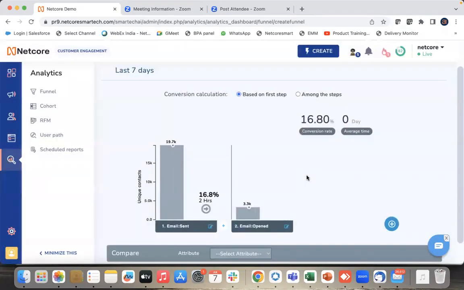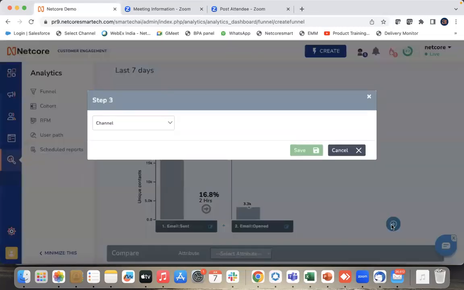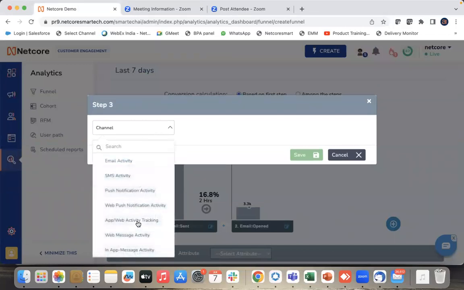So this way I can start building up the steps one by one, and I can also extend it to the web activity or the app activity, which means when I'm sending out an email with the sole motive of getting conversions on a website or app, I can track that complete conversion milestone journey from this funnel. So I can take it to the next step of, let's say, the customer doing an app or a website activity,